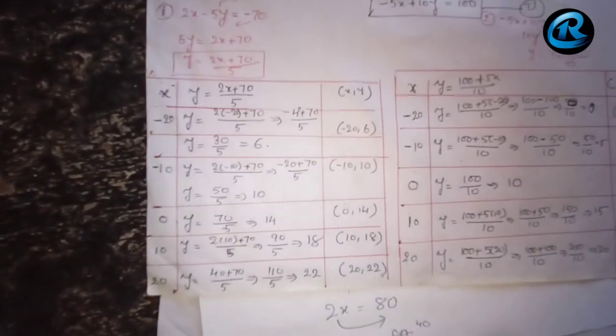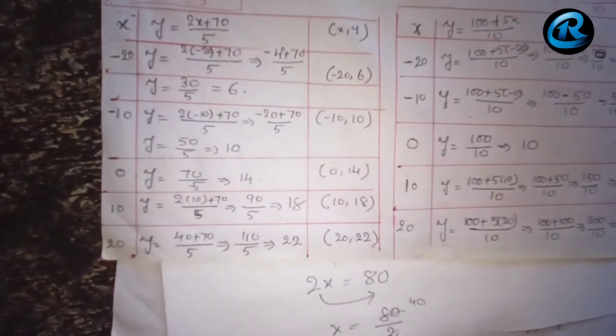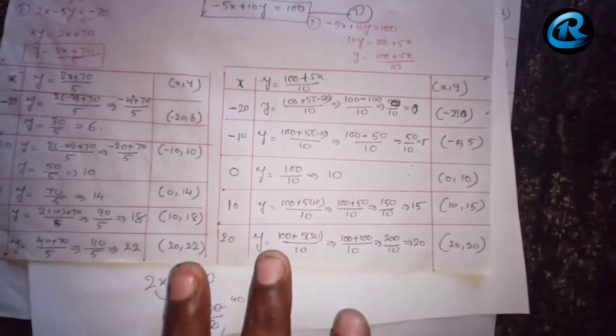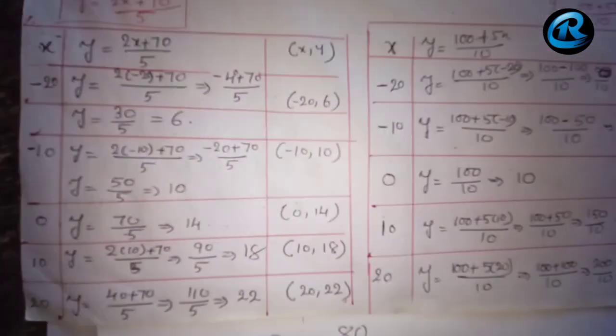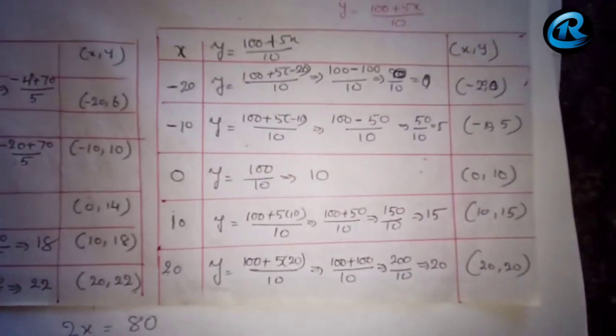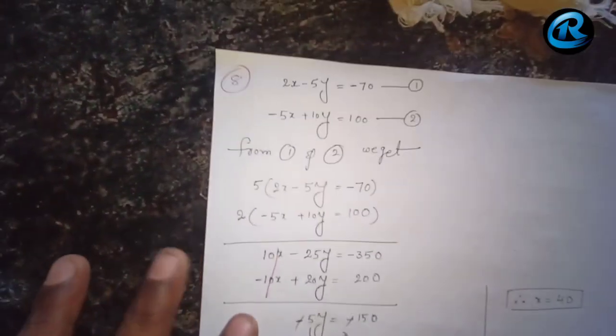You substitute the values like I have taken here: minus 20, minus 10, 0, 10, 20 again. Here also minus 20, minus 10, 0, 10, 20. So they are going to intersect. We got values like this in the table after simplification. So we know that these graphs are going to intersect, no? Where they intersect, we will know by solving these two equations. So I have solved these two equations.